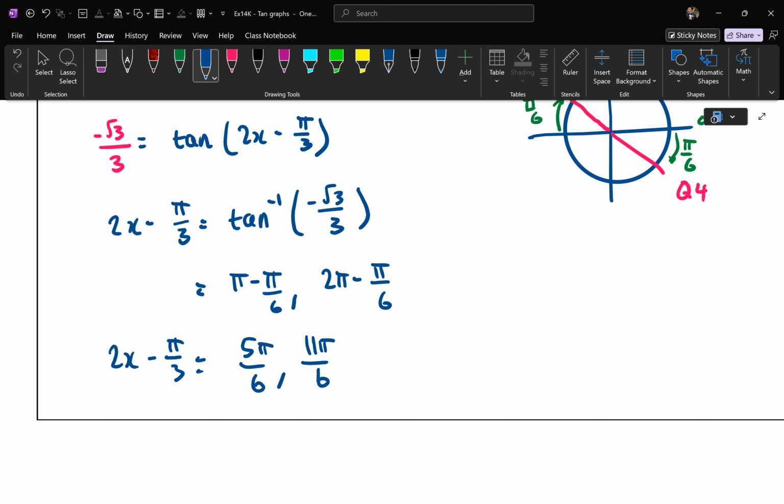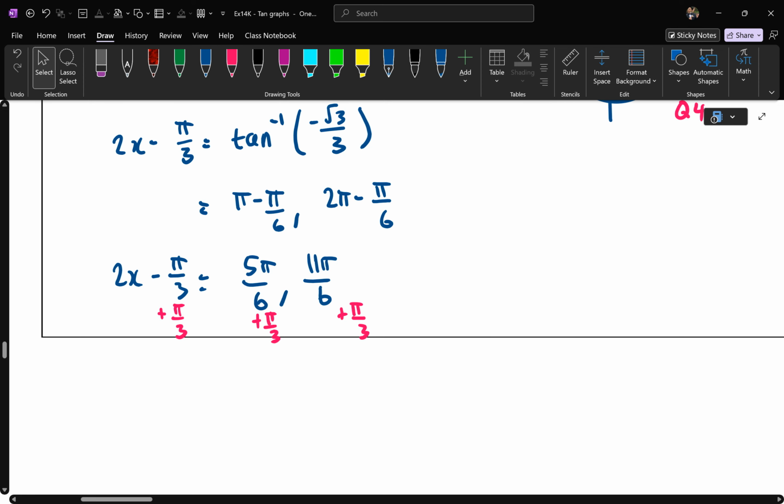So now we're going to do it. Plus pi on 3 on both sides, divide everything by 2, so let's go. Plus pi on 3. This is where I think most students generally struggle, just mainly because of fractions. It's not actually the concept, it's just whether you can add fractions or not at this point. Let's work it out. 2x is equal to